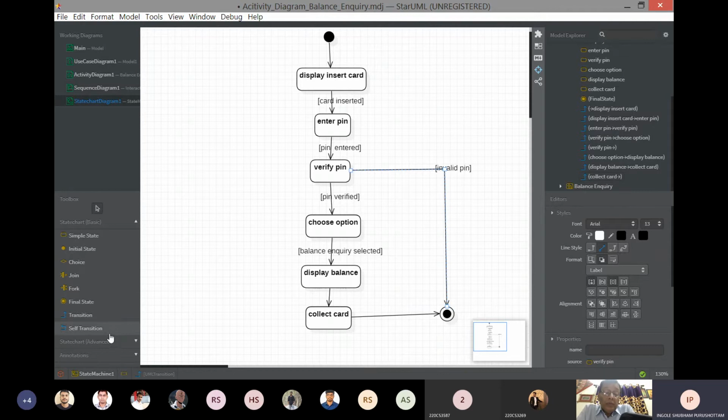So here there are other options. You can see the last one is self transition. If you require a self transition, you can use this one also. I will show you how it will look. So here you can see it's a self transition. You can also use this.